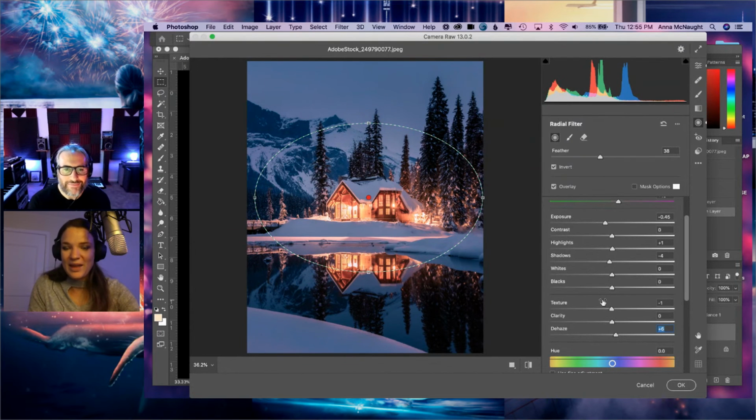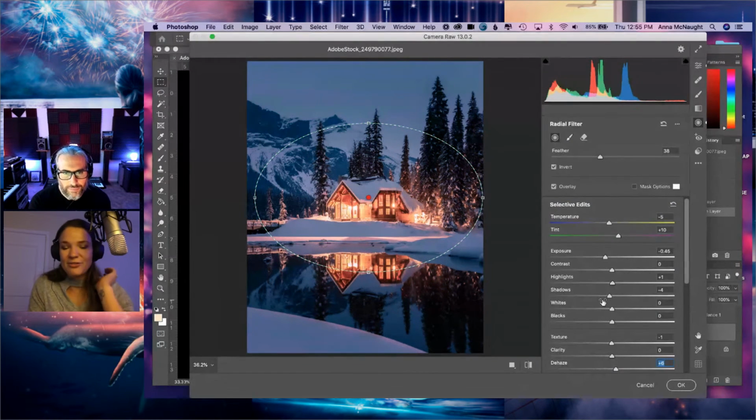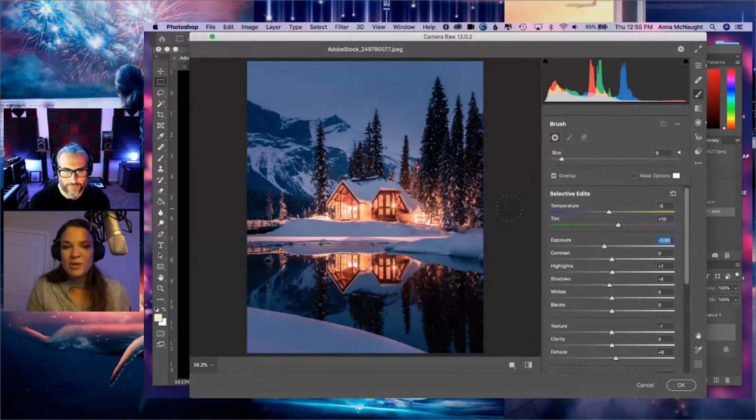It's really cool. So I just added a radial filter here, and I'm darkening the background away from the house. And then we're going to go in and start to add a few brush strokes. I'm pretty much doing exactly what I did yesterday in Lightroom when we started on the cabin on Lake Winnipesaukee, the same exact thing, just over here.